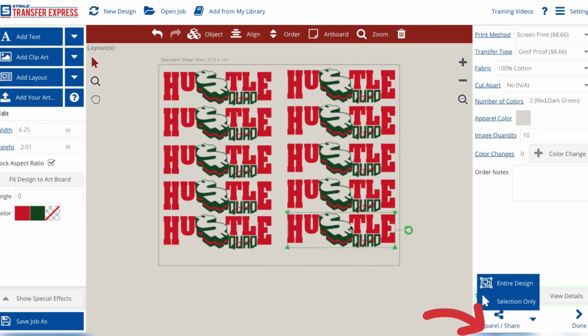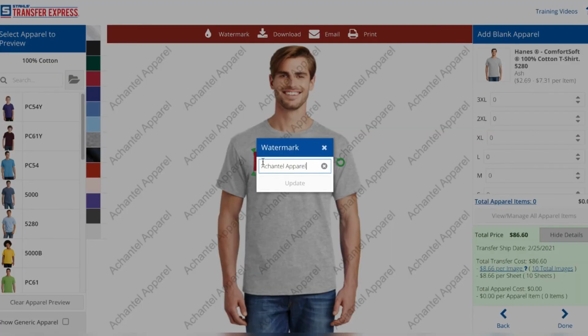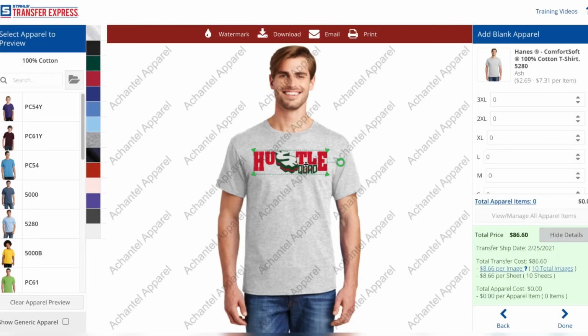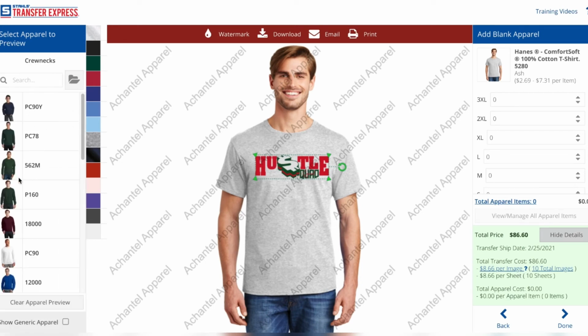So they have an apparel button at the bottom here, and you want to select individual design. I like this because it lets you do a watermark. So this is really good for mock-ups. If you're doing custom designs, you can send a mock-up really quickly to your customer, or you can also use this for your website as well. So if you need to make a mock-up really quick to throw on your website, this is a great way